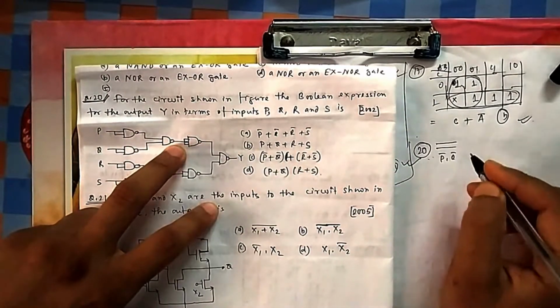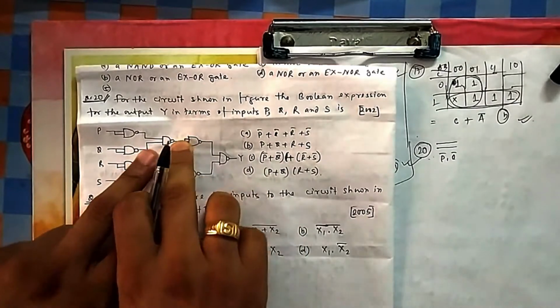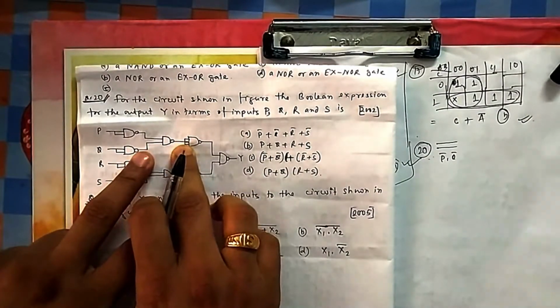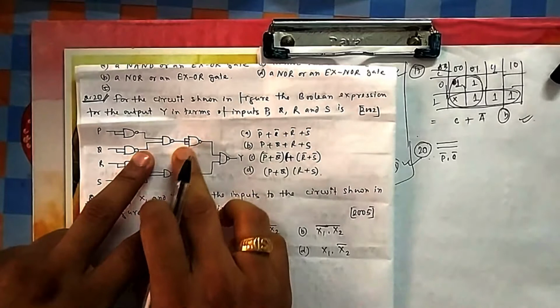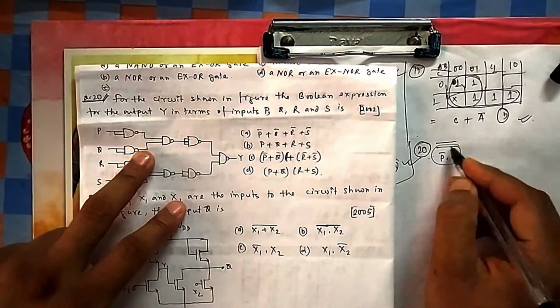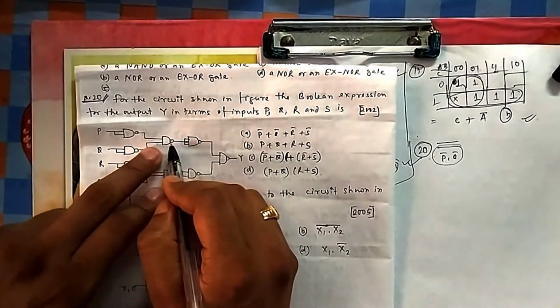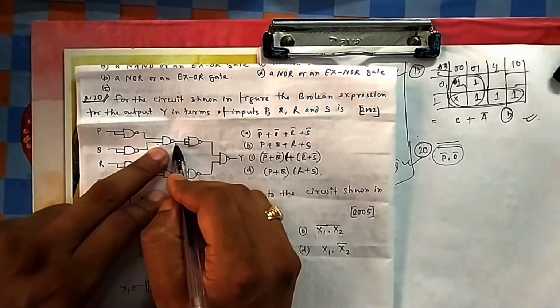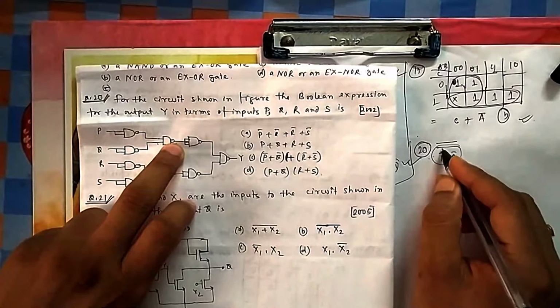Whatever input you give, suppose you give x, the other one will also get x. So x into x, then it is x bar. So ultimately it acts like a NOT gate. Whatever the input, it will be barred. You can see it is P bar, Q bar, then bar. P bar into Q bar, then bar.